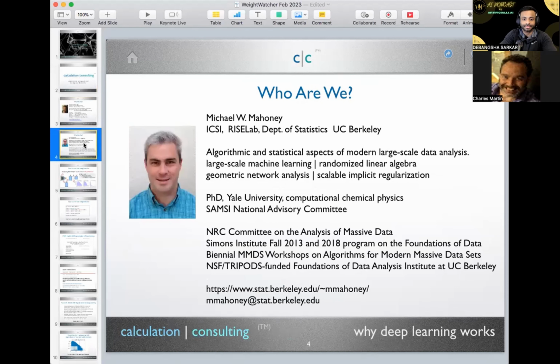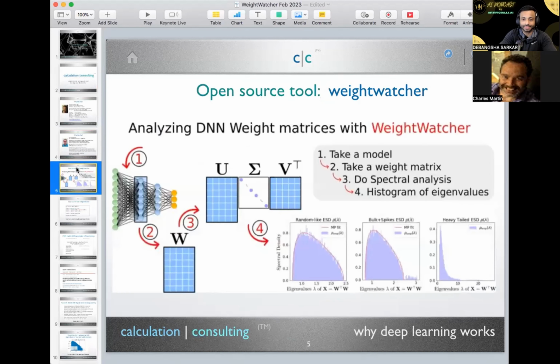I have an old friend who's a theoretical chemist like me, who's at UC Berkeley, Michael Mahoney, and he was very helpful in getting this work started. I don't have any formal relationship with the university. We're just doing this on the side for fun, and it turned out to work. So we're very excited. What I'm going to talk to you about today is the theory behind the WeightWatcher